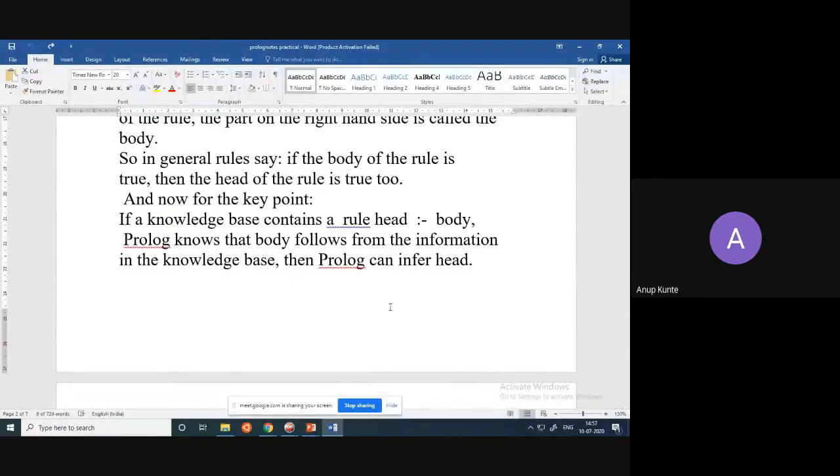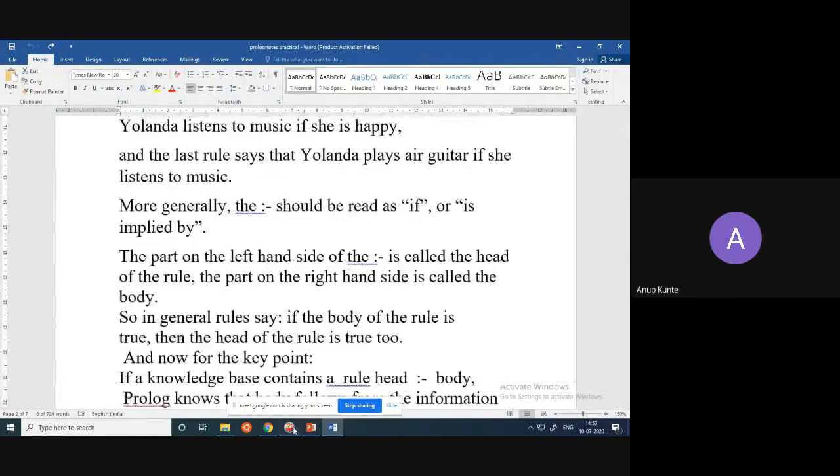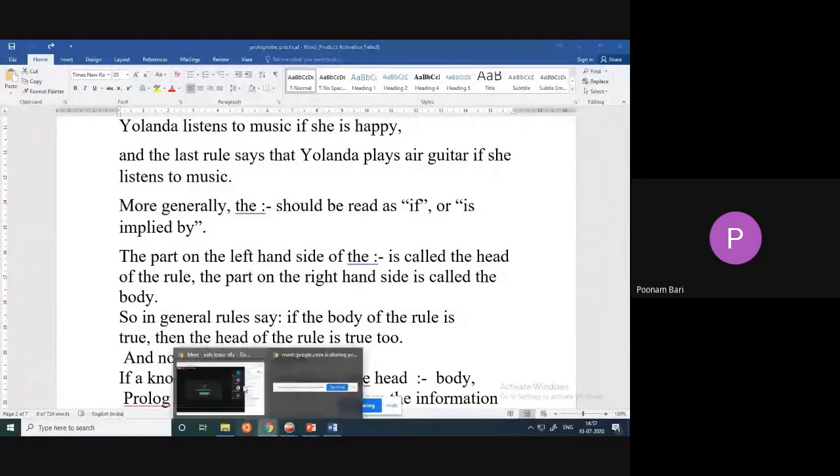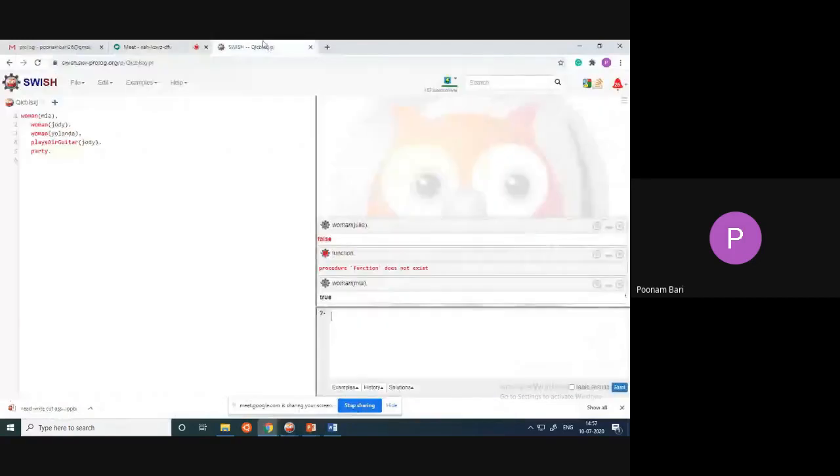There is a request from some participants to show the queries in the browser-based interface once. So this is the browser. These are facts we have written, and you have to write in front of this question mark and dash. This is a command, like the dollar in shell script.